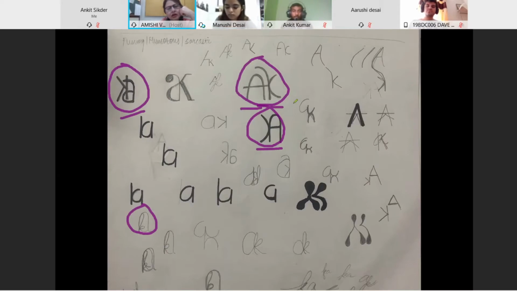Some of these are interesting, but you've not encircled them. Like your first on the page, first small A and K, not this one. This is not your first. On top of this. Yeah, this one. This has potential. You could probably develop this also, but just make sure that it is not read as H. Yes, ma'am.